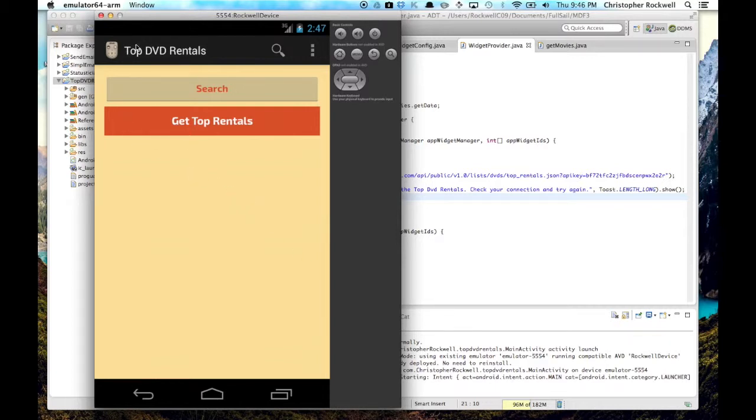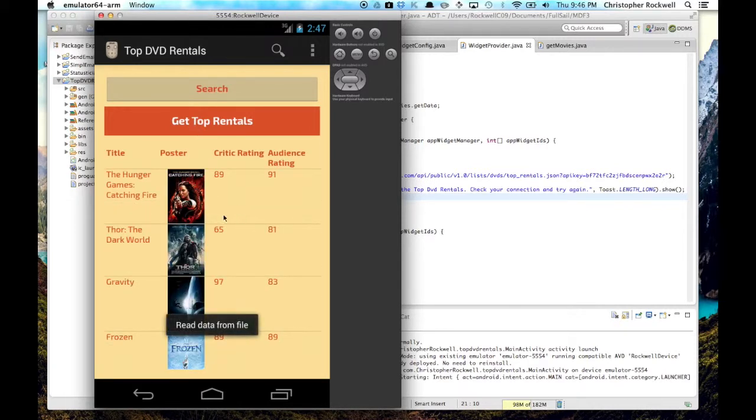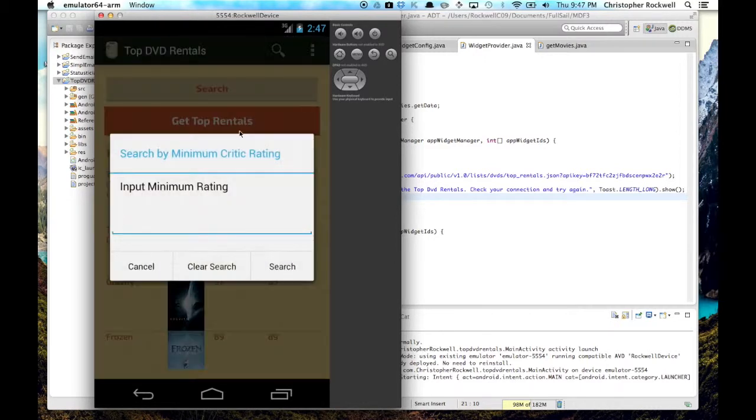My application is called Top DVD Rentals, and what you do when you open the app is, first off, you want to get your top rentals. So you want to get those loaded up, and I'm pulling all my data from the Rotten Tomatoes API. Once you get your rentals, you can search either by the action bar, by